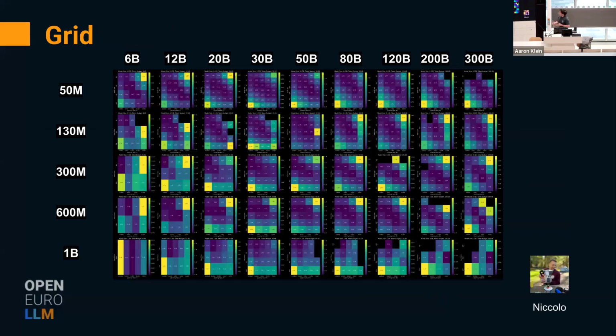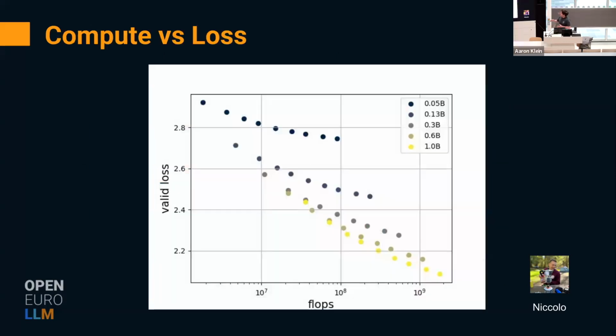And this is maybe how it looks. This is with experiments run by Nicolo, where we train essentially a lot of hyperparameter configurations. So each cell here is essentially one hyperparameter configuration on different parameter counts, those are the rows, and different token budgets, those are the columns. And then based on this data, essentially we can extrapolate how well our model would perform if we increase the compute.